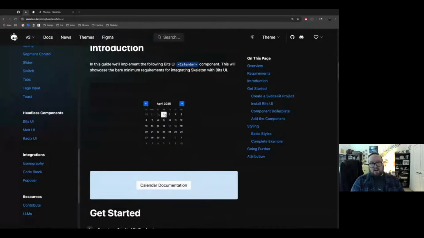Bits has a really nice calendar component here, as you're seeing, and just immediately gives you access to this. Now, the other thing, and this is really where it all tends to come together for me personally, is that you can also mix and match. So if you like Skeleton's components, you can use all of those. But if you do need a component that doesn't yet exist on our side, you can still reach for Bits or Melt or any of these options and implement that, and use both of those in coordination within your application